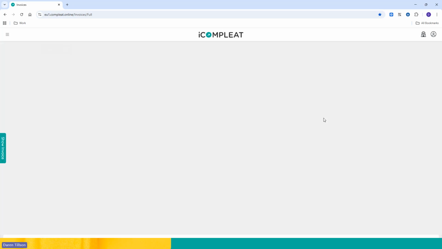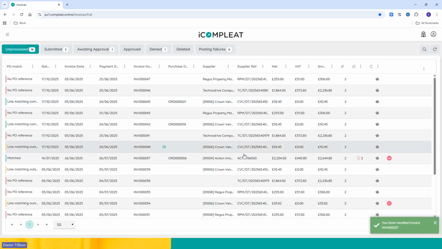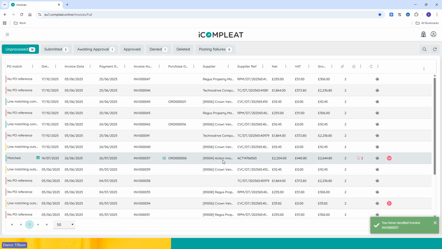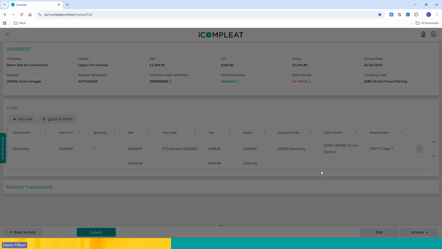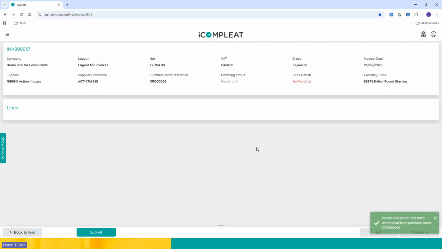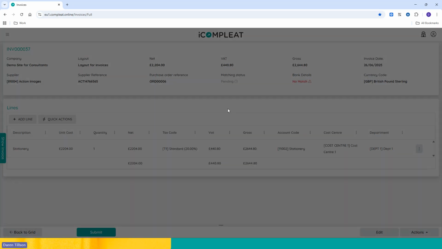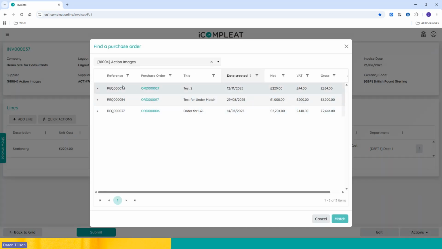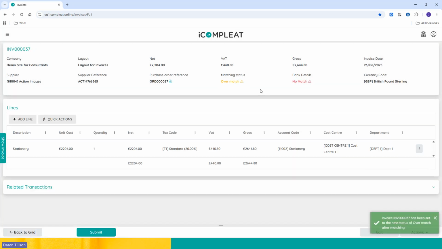Now, if I match this to an order where it doesn't match exactly, I'm going to come into here, go to my matching info, and undo the match. Obviously, I could have done this from the front screen as well if I wanted to. Matching info, find a PO. I'm going to match it to number 27, which is considerably less. That's giving me an overmatch. If I submit that out, what I'm expecting to see is it will come to me again, being the order creator,